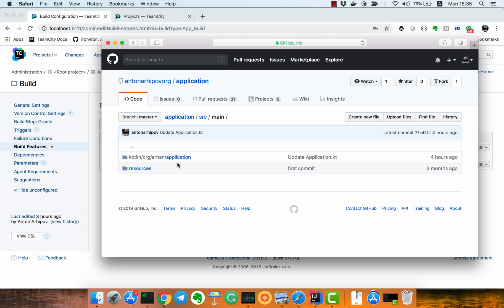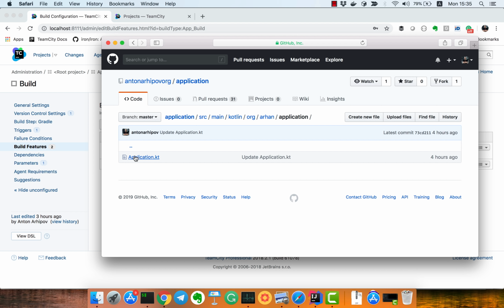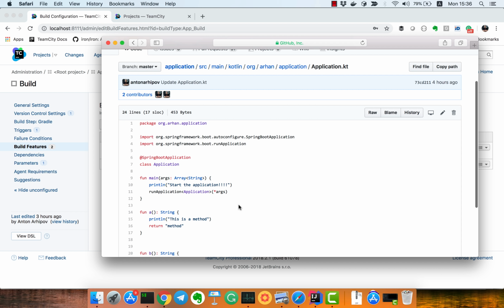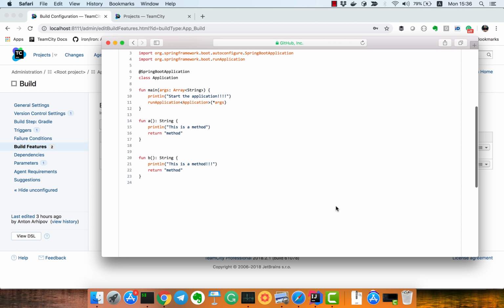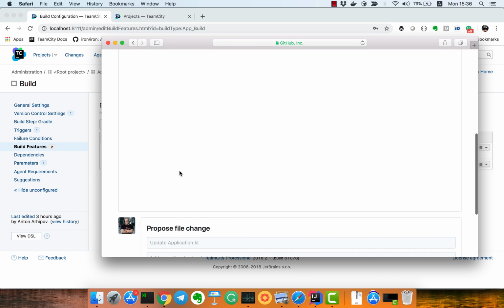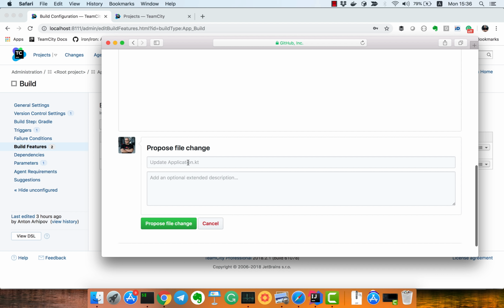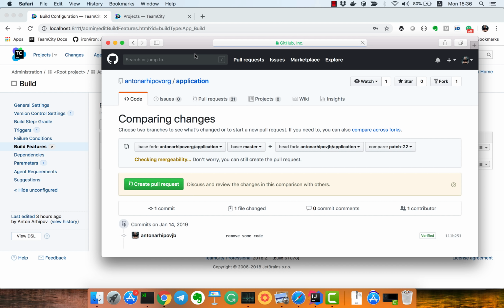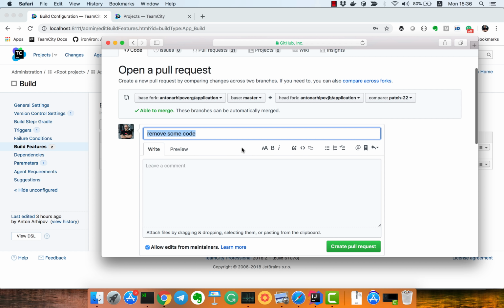So let's go to this application file and say that we don't need some sort of code here, just remove some code and propose the file change as a pull request. So GitHub is going to create a new pull request now,